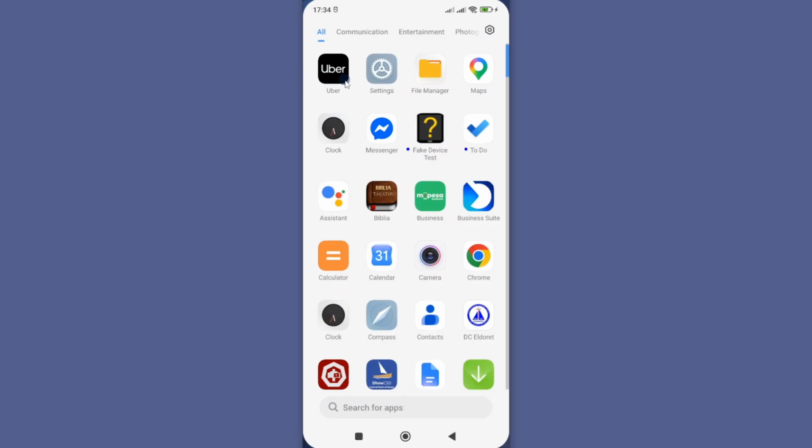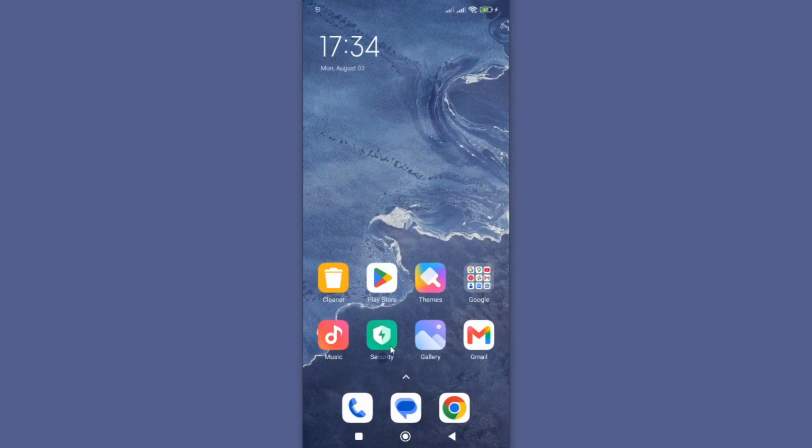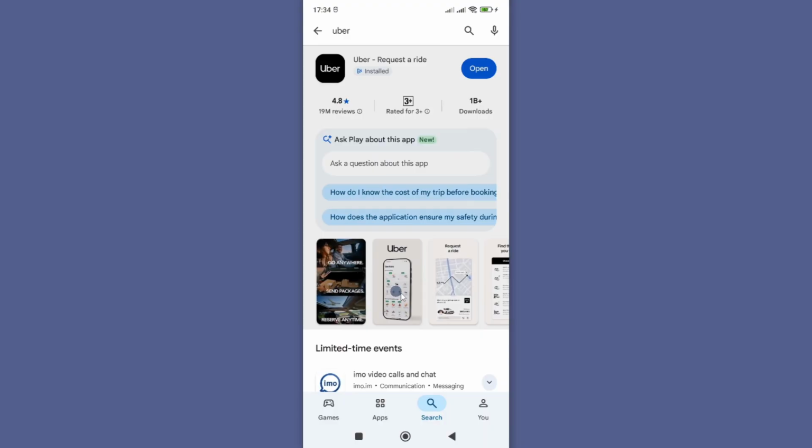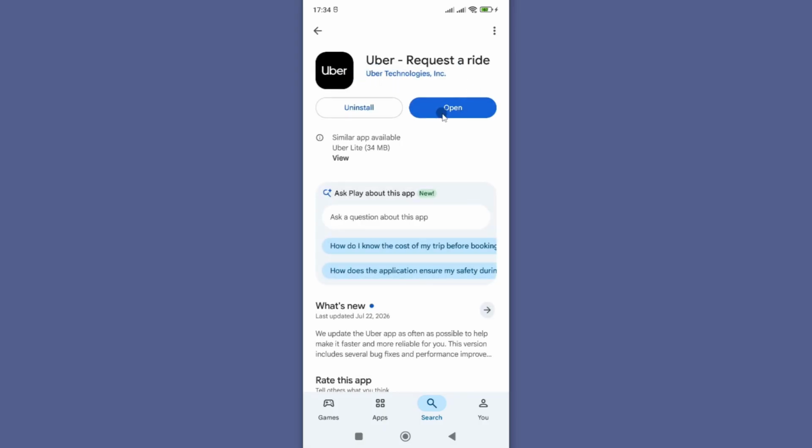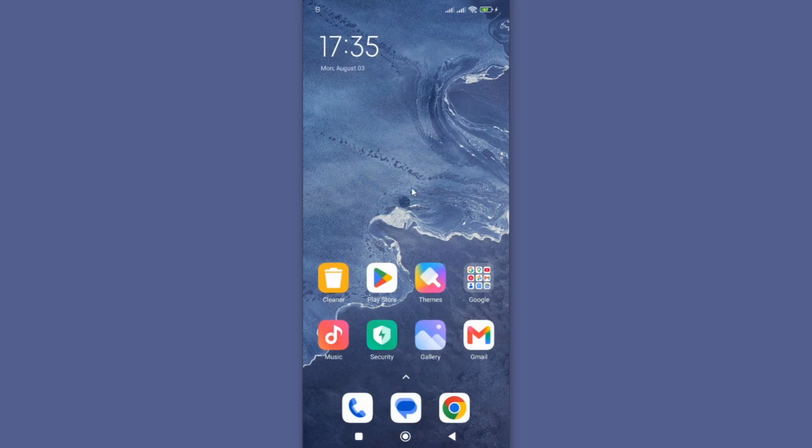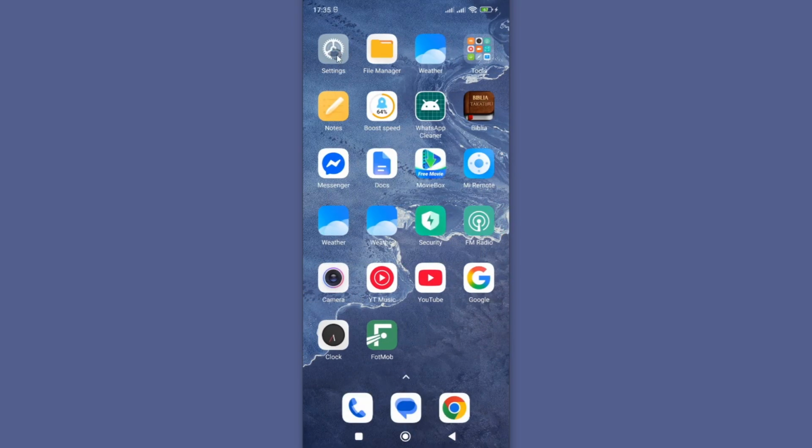However, at this point, if things didn't work out, then check and see if we have any update for your Uber app by going to Google Play Store or App Store, search for your Uber app and update it to the latest version. However, if that didn't work, then you need to troubleshoot Uber app by going to settings